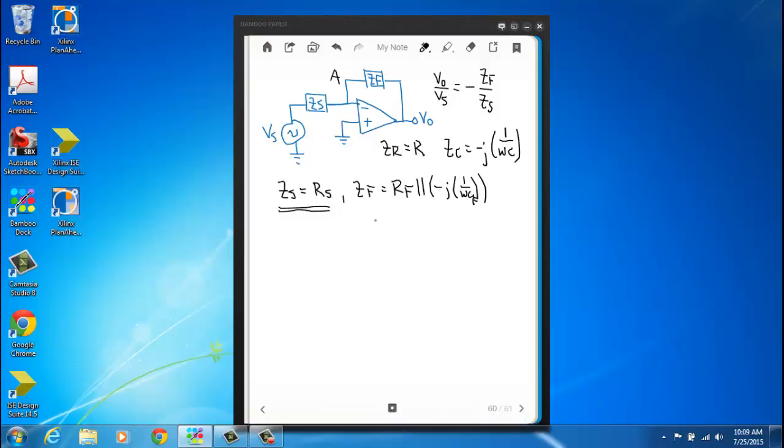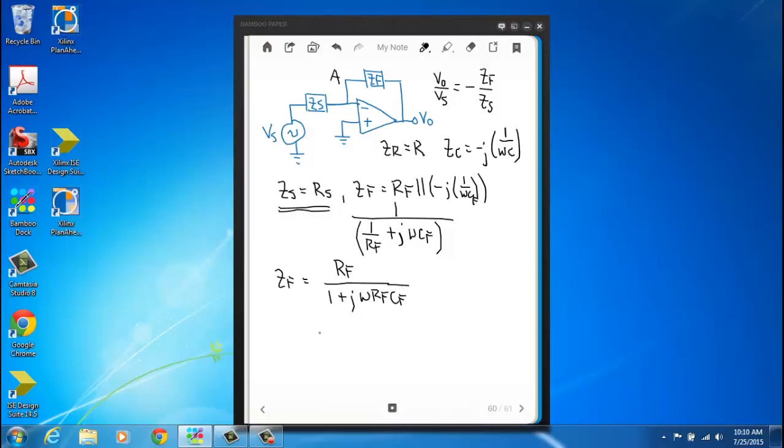And I chose to do sum of reciprocals reciprocated. So that's just going to be 1 over Rf. And then when we flip the impedance of the capacitor, we're going to get plus j omega Cf. Okay, so this is sum of reciprocals. And then this whole thing is reciprocated. Okay, and then finally, just to clean this up a little bit, we're going to take this expression and just multiply through top and bottom by Rf. So we get Rf divided by 1 plus j omega Rf